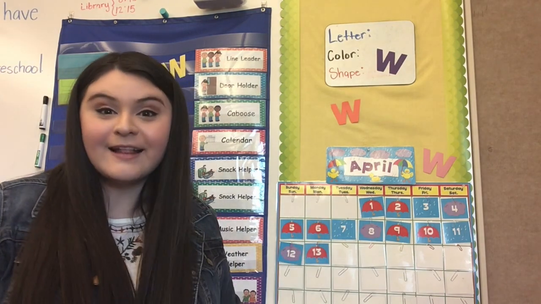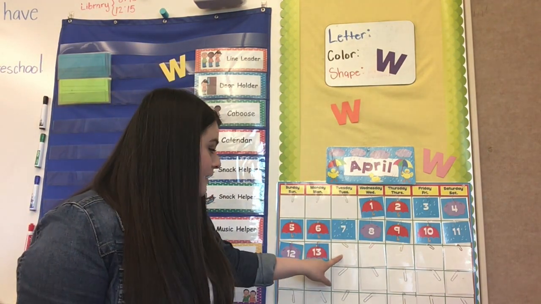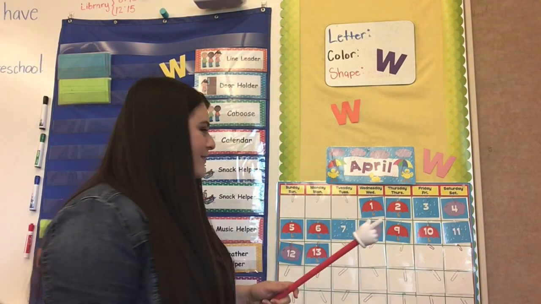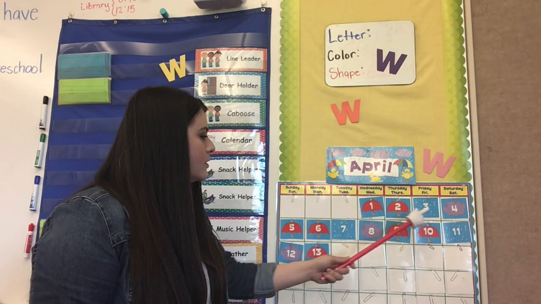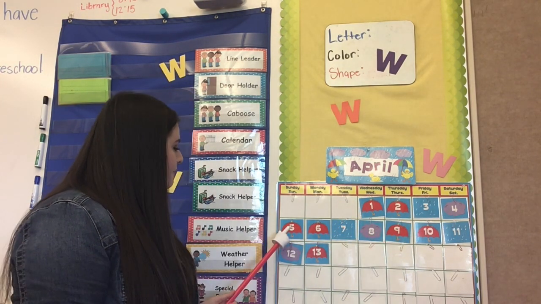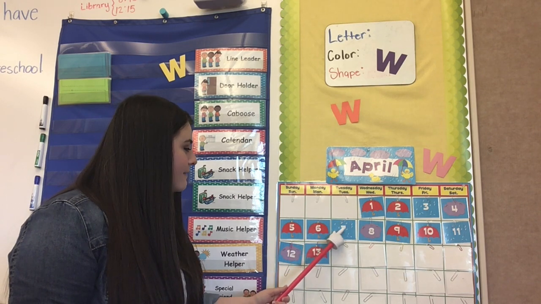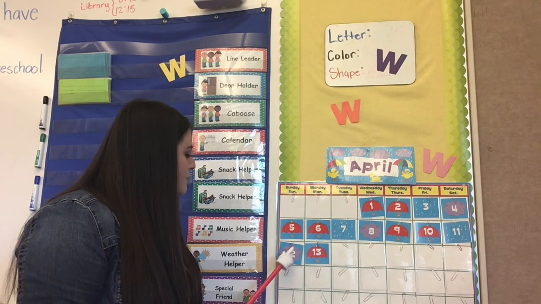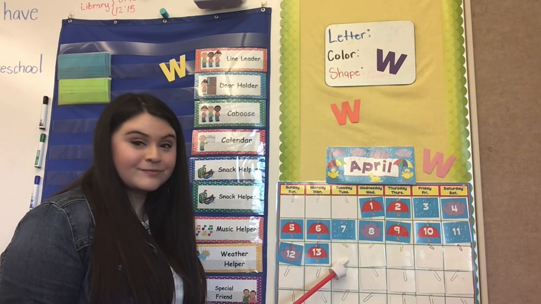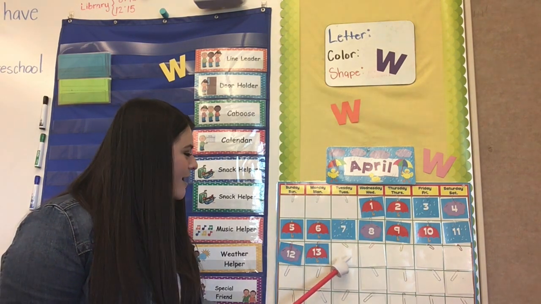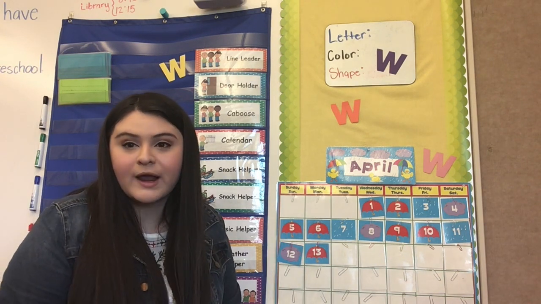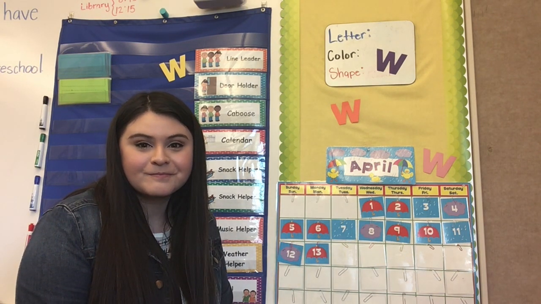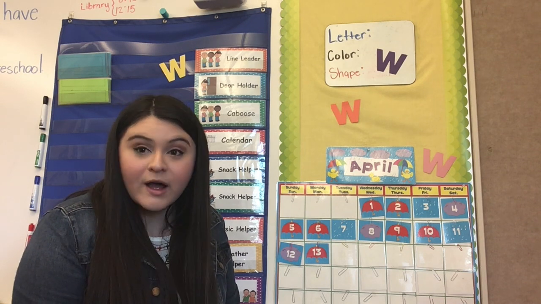Hey my friends, we are going to do a circle time today, so we're going to get started with our calendar. Okay, we're counting to here today. Ready? Count with me. 1, 2, 3, 4, 5, 6, 7, 8, 9, 10, 11, 12, 13, 14. Good job. All right, do you guys remember how we write the number 14? Yep, it's a 1 and a 4.